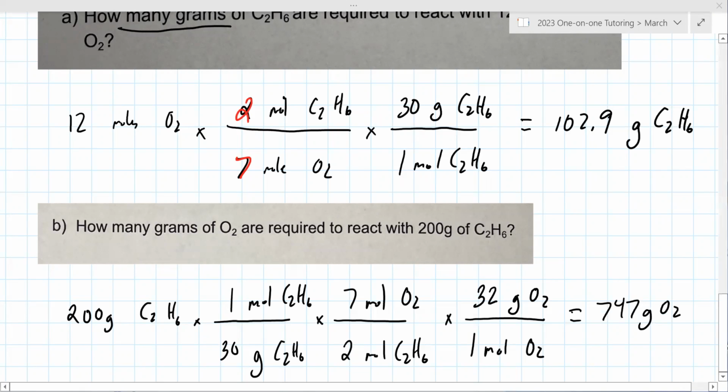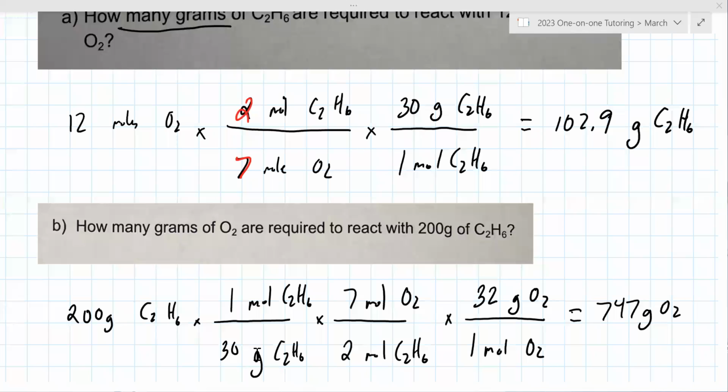This was kind of the full problem. So you'd say we started with 200 grams, and then we did the grams to mole conversion, the molar mass. And then we just put the coefficients. I mean, I guess they're the only two things in the problem, but